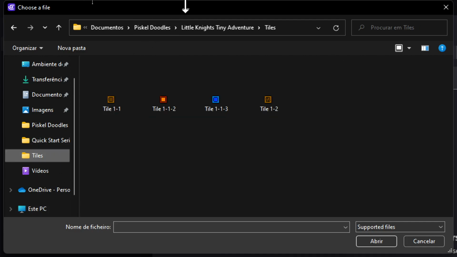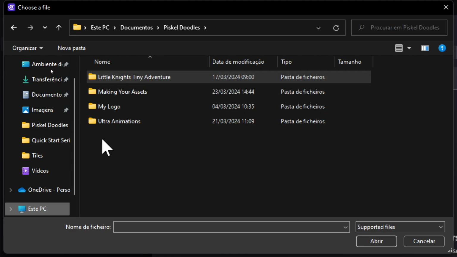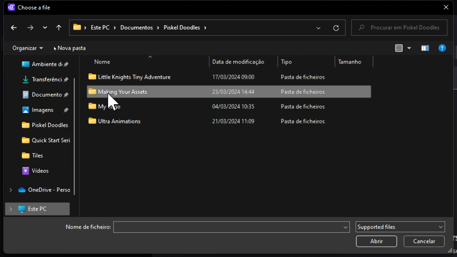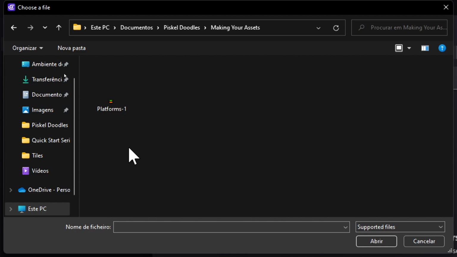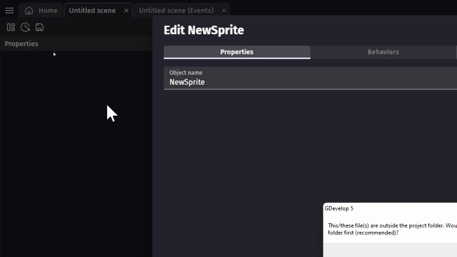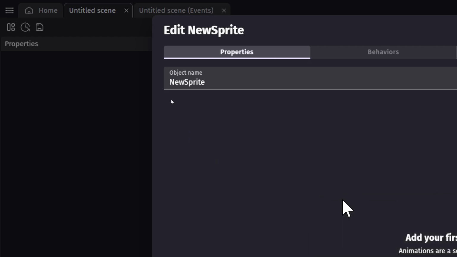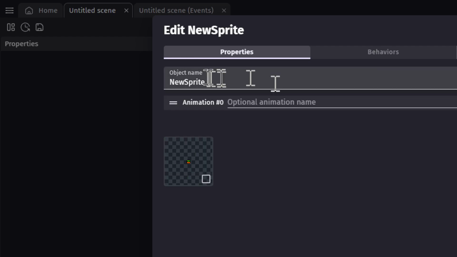Let's go tiles, and then we use this to piggyback the Piskel Doodles. Making our assets. Platform 1. You're gonna bring this here. Yep. And we're gonna change this from new sprite to